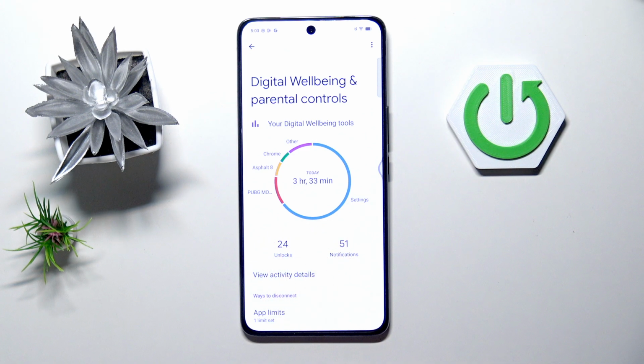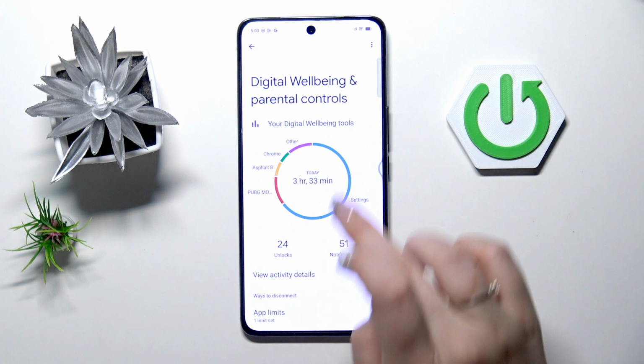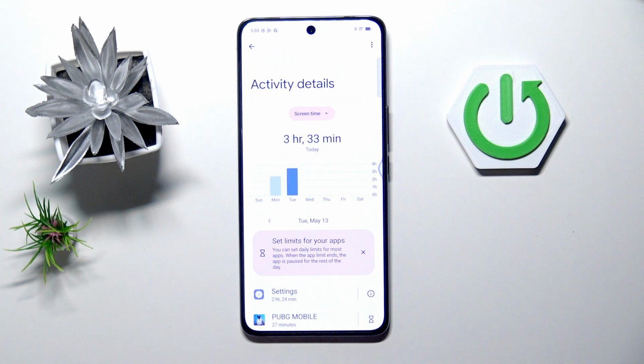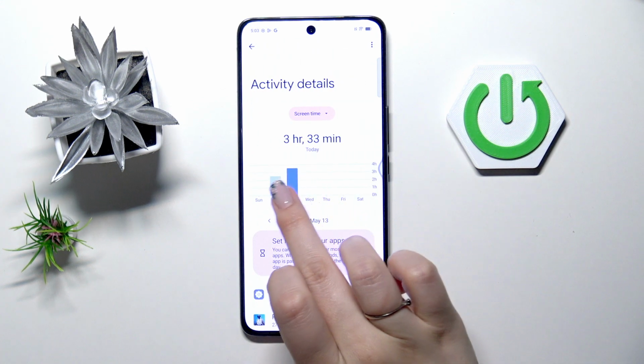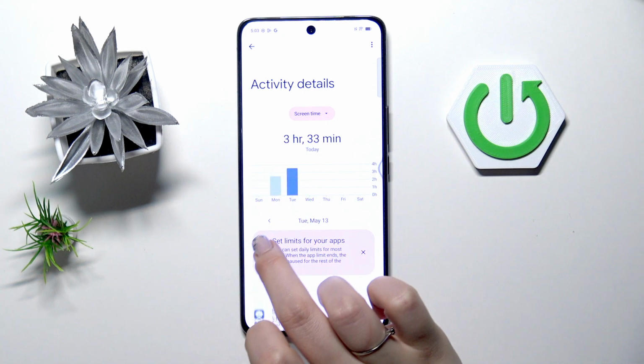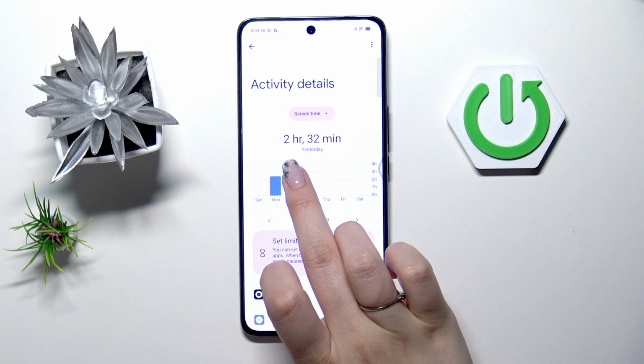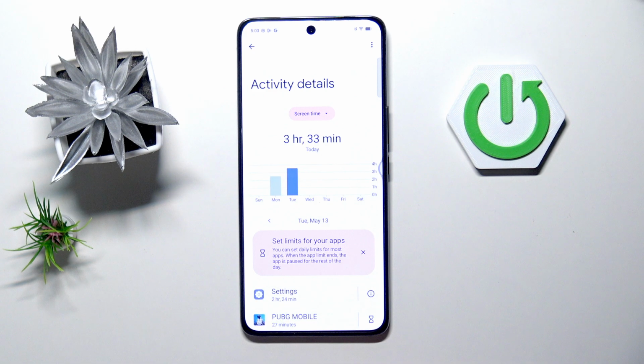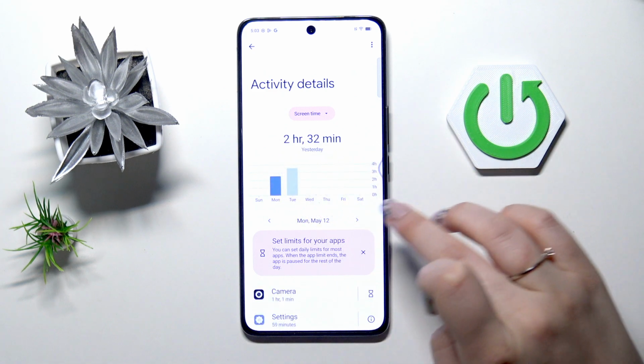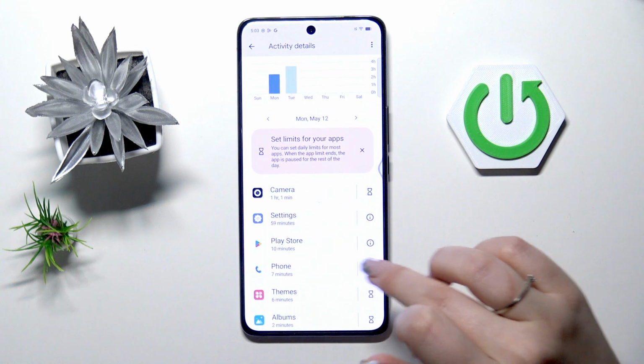So basically if you'd like to check some further details, you've got two different ways to do that. You can tap either inside the graph and you will be transferred to the dashboard where you can check them and the screen time in particular days of the week. You can compare it. Of course, you can tap on the specific day and here you've got all of the